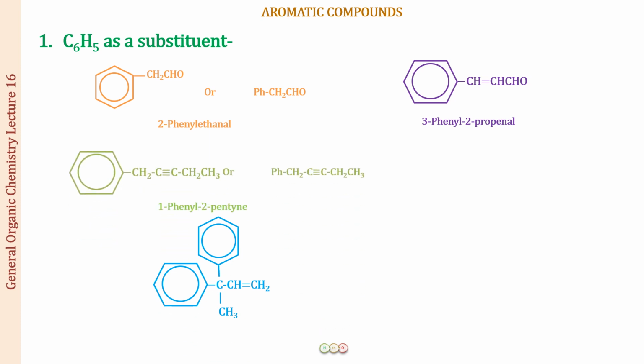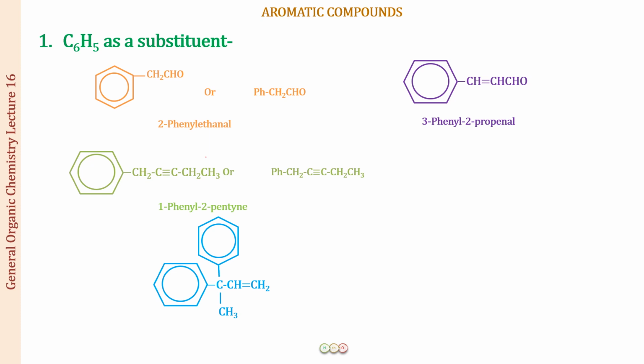Next, let us see one more example. So now in this example, what you can see is the side chain has a triple bond. Alright, when there is a double bond present, a triple bond present, or a functional group present, please do remember this is going to be the parent chain, and this phenyl ring is going to act as a substituent. Alright, so what is going to be the name of the compound? Let us see the numbering. This is going to be interesting.